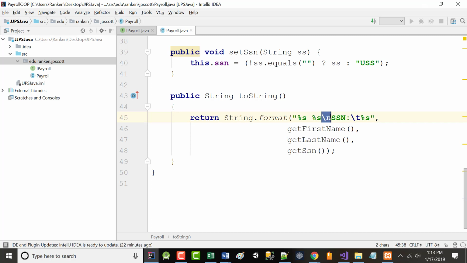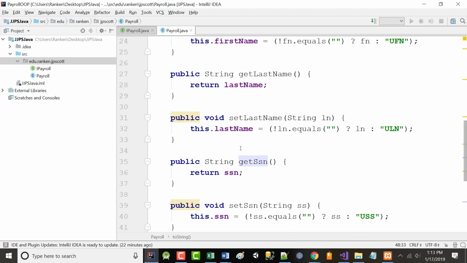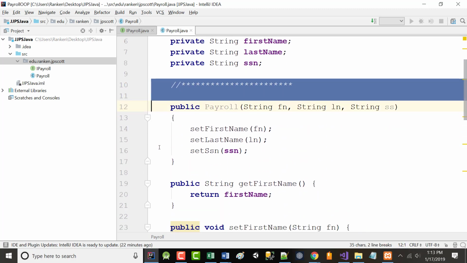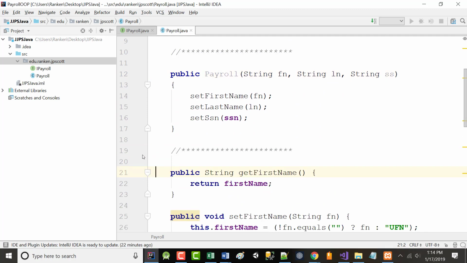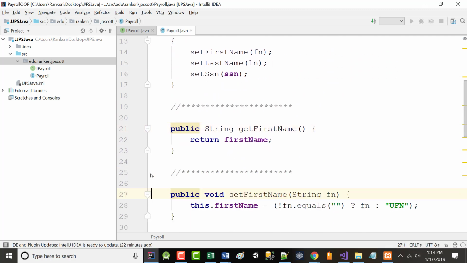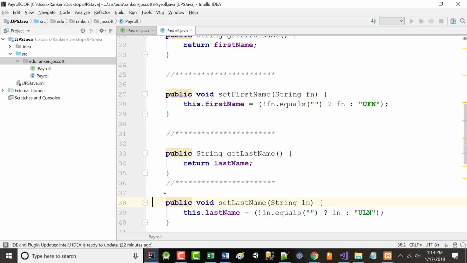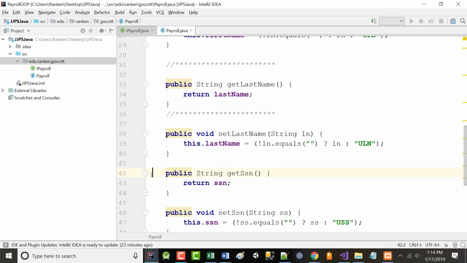Then we're going to have a blank line. Then we're going to have SSN followed by a tab. And then we're going to grab the SSN. Does all that make sense? Like I said, you may or may not agree with this, but by and large, so far, this thing looks virtually identical to the kind of stuff we've been doing. There's nothing new. So we're going to put something new in there right now as soon as I get done with my playing here.